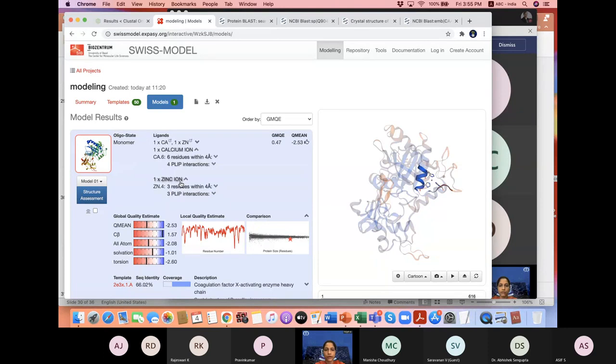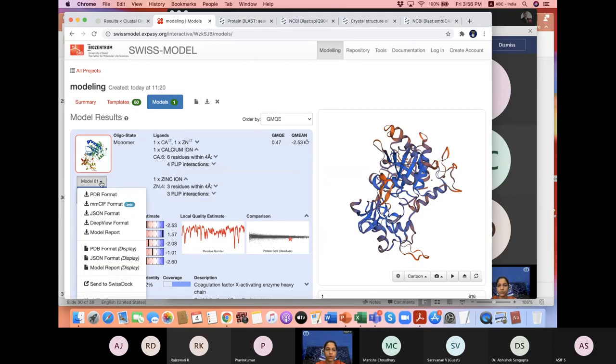So if I just take my mouse over here, you can see this part, 6 residues, and here the zinc ion bound to these residues. So this information you can get, and this particular model that has been generated, we can just download and save it.